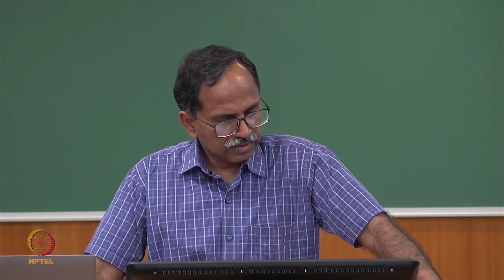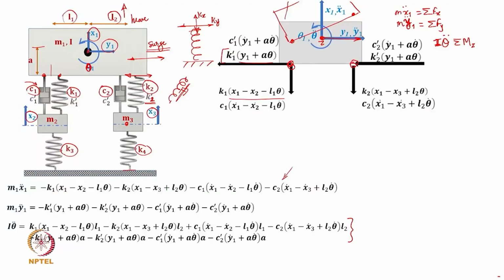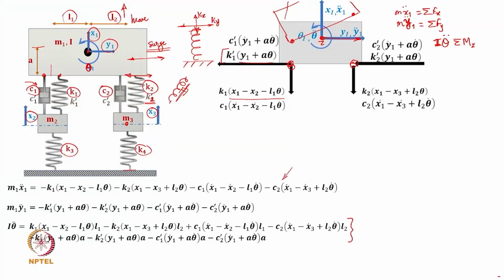and now you can use the same free body diagram to get the forces acting or the moments acting on the mass about its CG, and then when you apply similarly the second law, the moments about the z axis, if this is the z axis, I theta double dot will be equal to that, and all the moments will be accounted for, and this is how you get the third equation of motion in the pitch direction. So, along theta direction,